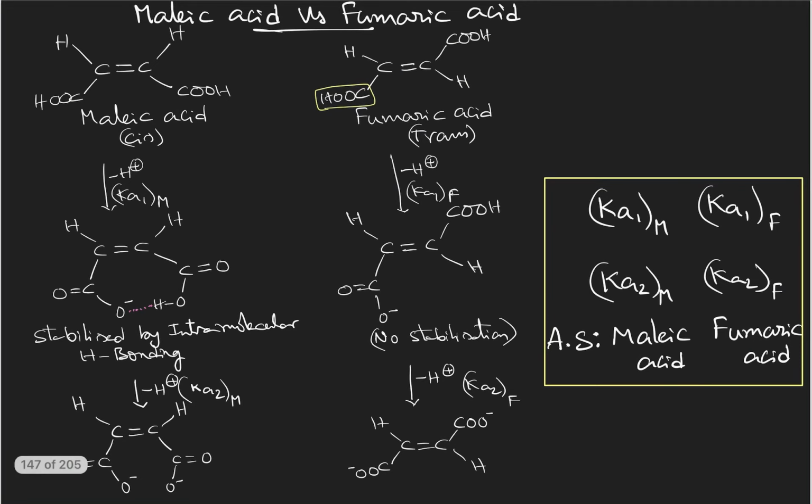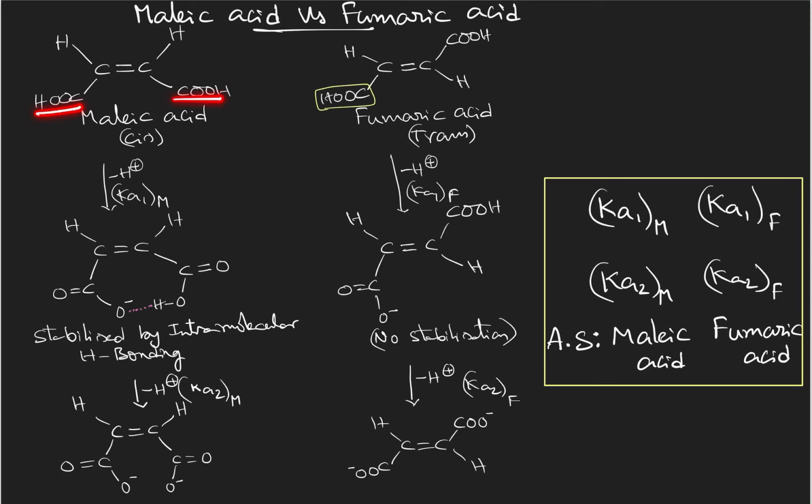Next, this is also one very good example, a very beautiful concept: the acidic strength comparison between malic acid and fumaric acid. We know in stereoisomerism, I have explained, malic acid and fumaric acid are stereoisomers. Particularly, they are geometrical isomers. Malic acid is the one which has two COOH groups on the same side. Therefore, it is a cis isomer. And in fumaric acid, the two COOH groups are on opposite sides, so it is a trans isomer.